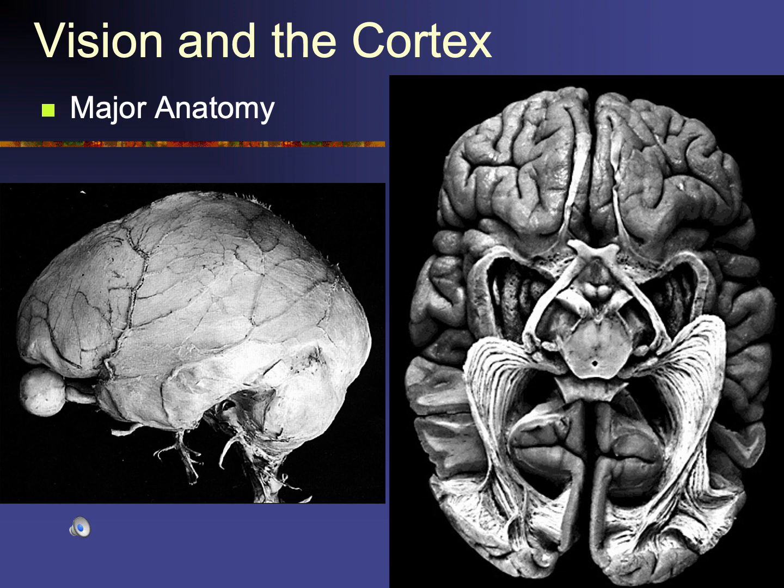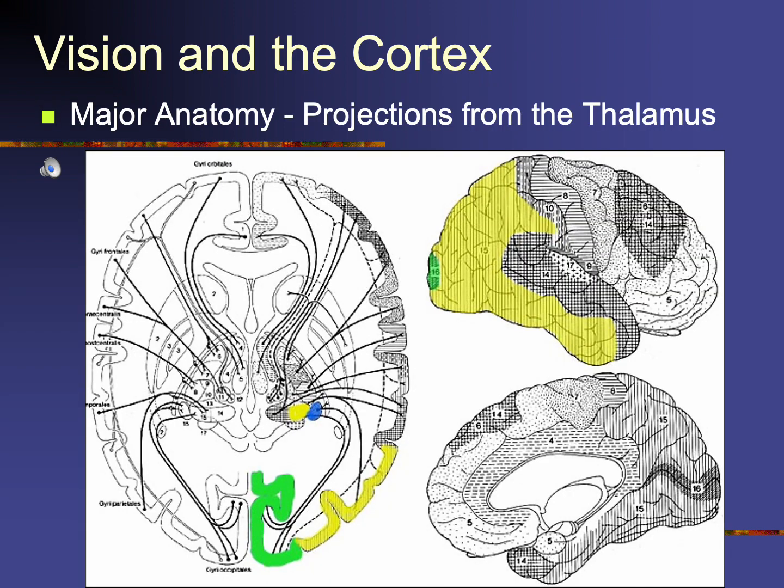The ventricles are the fluid-filled spaces of the brain. They flare around them and go back to the occipital lobe. And the occipital lobe is in the very back of your brain. There's a mapping topographically of the visual fields onto the neurons in the occipital lobes of the back of your brain. Okay, this image looks kind of complicated, but don't be daunted by that. There's a lot of other things on this image besides the areas that pertain to vision. All I really want to point out is how these projections from the lateral geniculate body of the thalamus are